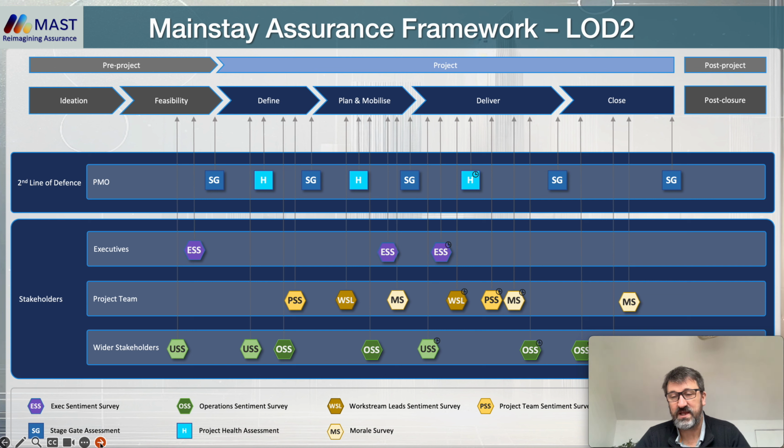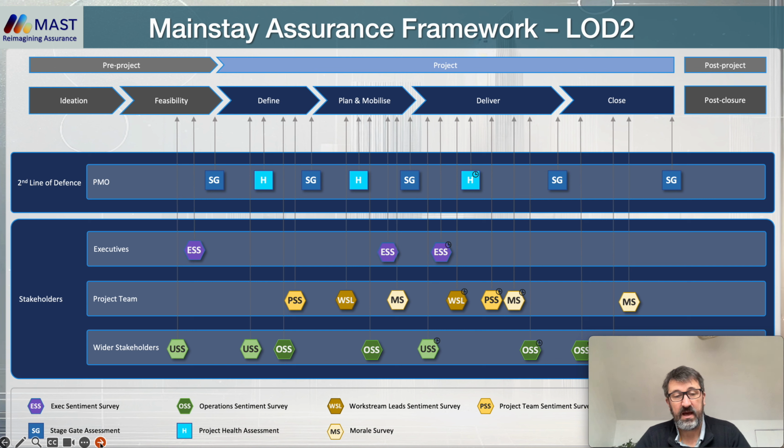So just to really elicit things that they probably wouldn't admit to in public, and get great feedback. With the project team, you can understand morale, understand what the work stream leads are thinking. We've seen this being used on a couple of occasions where we've got geographically dispersed teams with different perceptions of the RAG status of the project. So it's really great for uncovering what everybody really knows, and doing something about it, which is the most important thing.